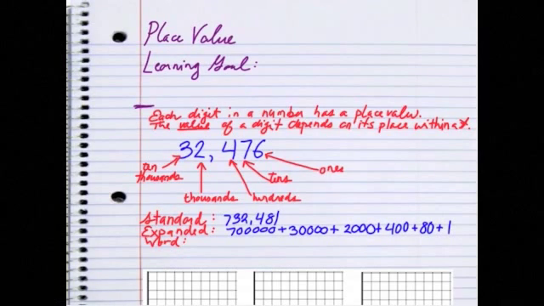Note how I'm including the zeros for each digit so that it actually represents the value it holds in that place. Writing a number in word form takes a little practice and getting used to. You just have to remember that you're not including the word and. The word and is specifically used to hold the place of a decimal. So using the word and when you're pronouncing a number can be very confusing unless you're specifically mentioning a decimal point. So for this number, I want to write out